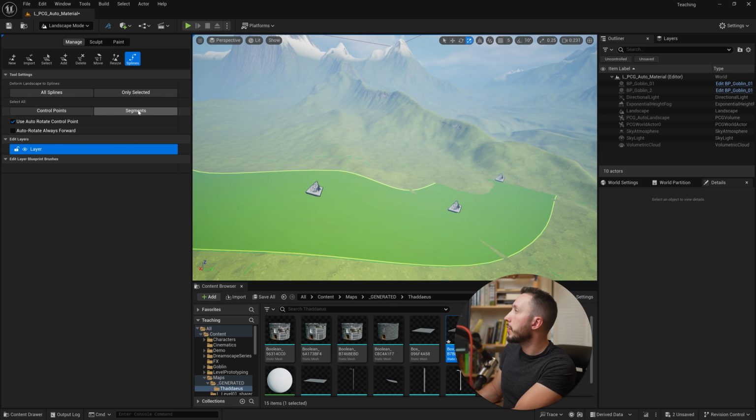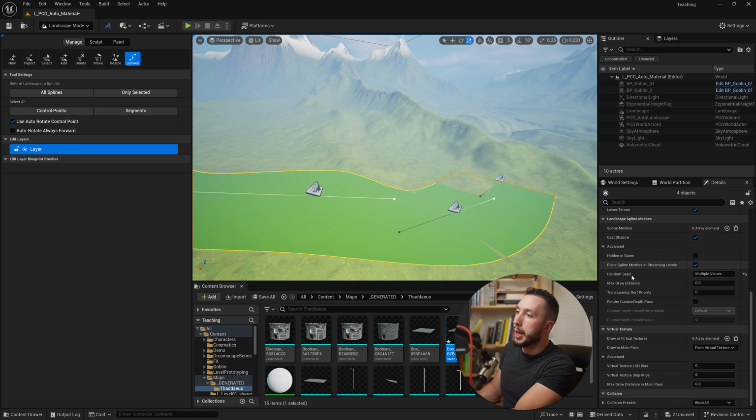What I want to do is select all segments again. And the reason we want to select all segments is because each segment and point, which is what these are called,